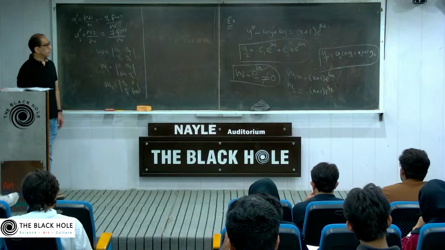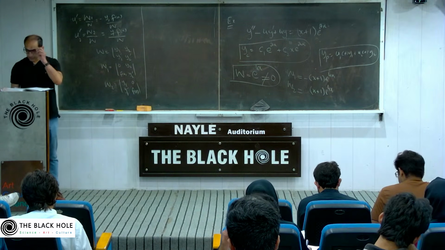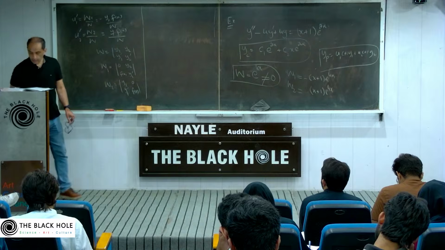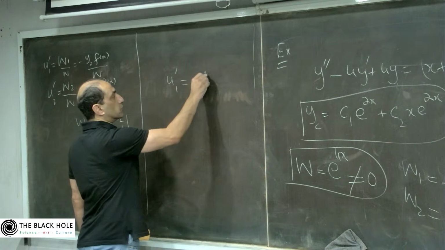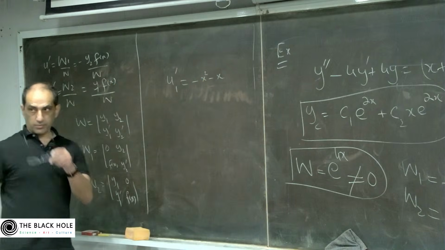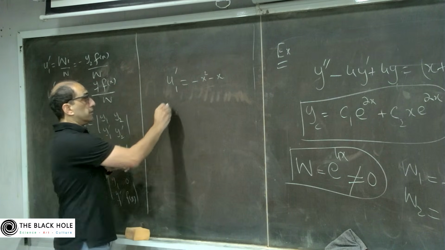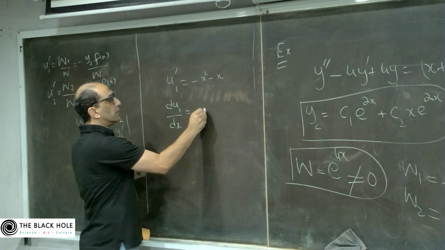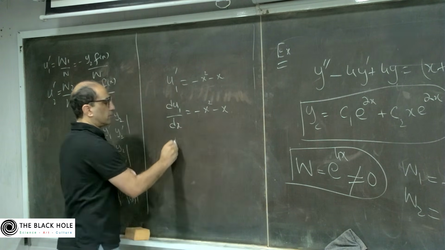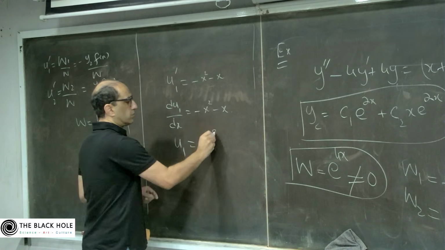Wonderful. So now once you are done with everything, you will have u1 dash is equal to minus x square minus x. Okay. So what is it? This is du1 over dx is equal to minus x square minus x. So it means u1 is equal to